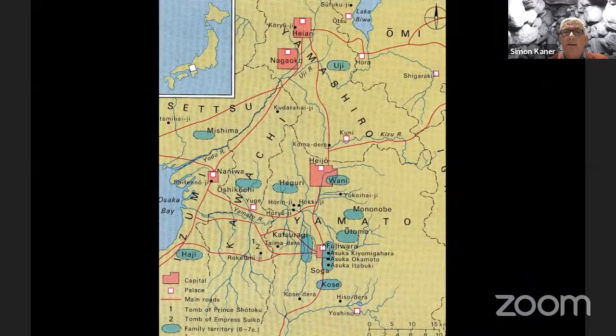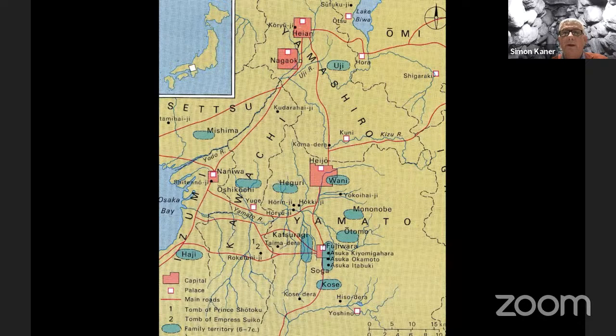If we focus in on the Kinai region, you can see the red blocks are the early Chinese cities that were constructed from the late 7th century through to the 9th century, starting with the sites of the Asuka region, which we'll come back to towards the end of the talk, the Fujiwara Palace sites, and then moving to Heijo, which is modern-day Nara, and eventually moving up to Heian, which is modern-day Kyoto, which served as the capital of Japan until 1868, when the capital was moved to what is now Tokyo, what was then called Edo, with the restoration of the Meiji emperor, the imperial system, and the end of the Tokugawa shogunate.